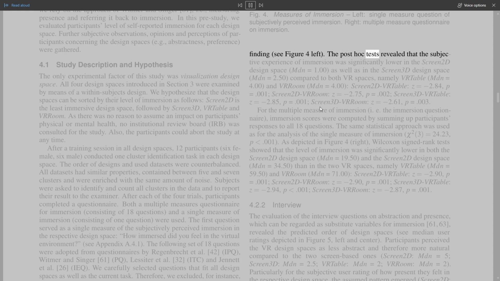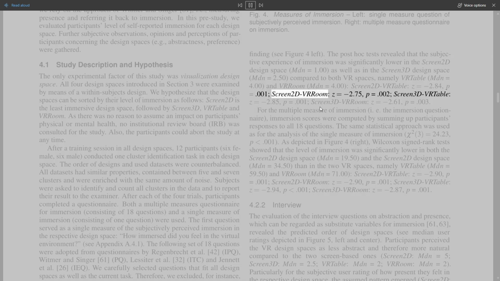The post hoc tests revealed that the subjective experience of immersion was significantly lower in the Screen 2D design space, Mdn equals 1.00, as well as in the Screen 3D design space, Mdn equals 2.50, compared to both VR spaces, namely VR Table, Mdn equals 4.00, and VR Room, Mdn equals 4.00. Screen 2D versus VR Table, Z equals 2.84, p